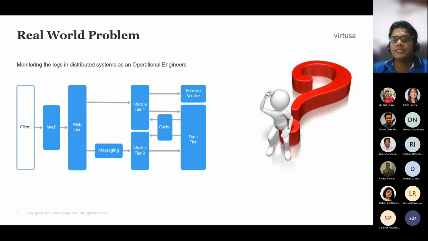And another thing is that logs might not be structured, because web server logs might be in a different format, application server logs in a different format, and the modules deployed in the application server might be in yet another format. Because these are done by different developers, that can happen in a production system. There are plenty of examples where it might happen.